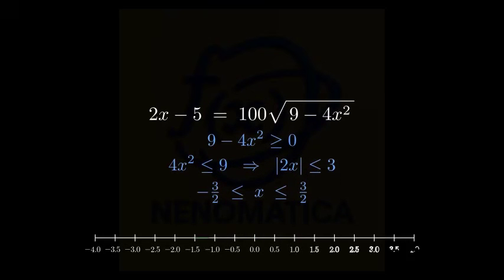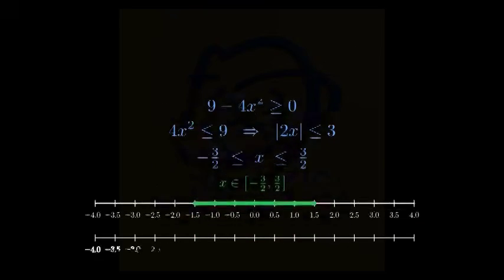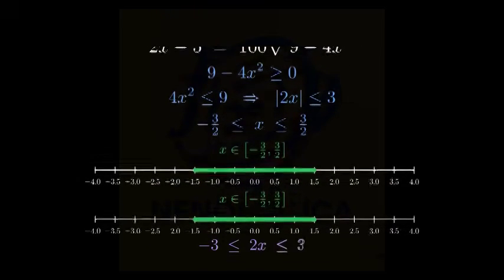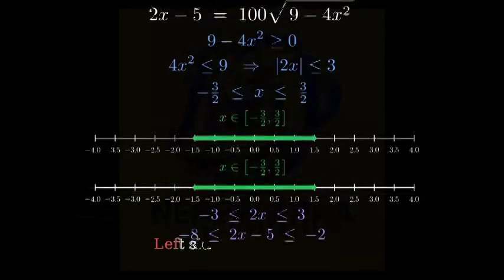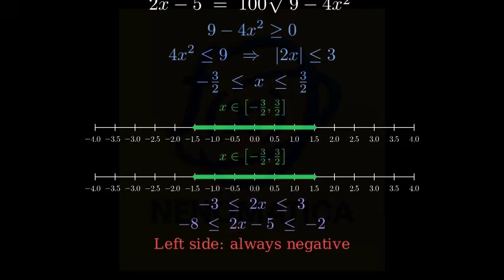Let's visualize that domain on a number line. Next, focus on the left side, 2x minus 5. On this domain, 2x ranges from negative 3 to positive 3. If we subtract 5, 2x minus 5 ranges from negative 8 to negative 2, which means the left side is